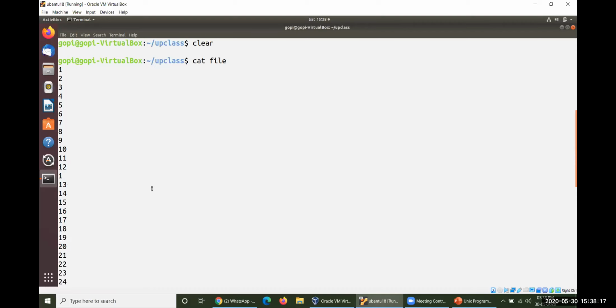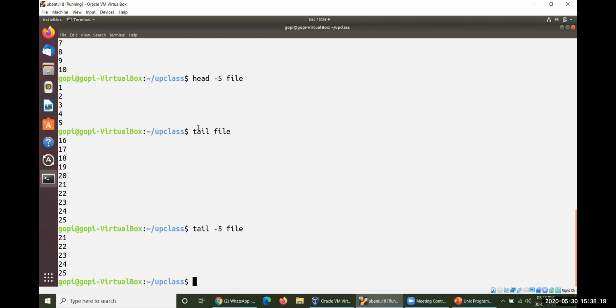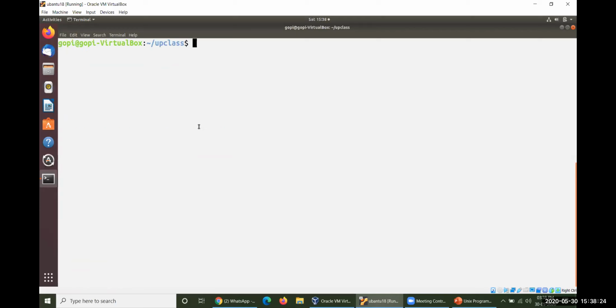If you want such things within your queries, then you have to do it like this. First of all, take head followed by 15 lines, the top 15 lines, from the file, and this information will be forwarded to one more command, that is tail. Our expectation is from the bottom of these 15 lines, 5 lines will be selected.